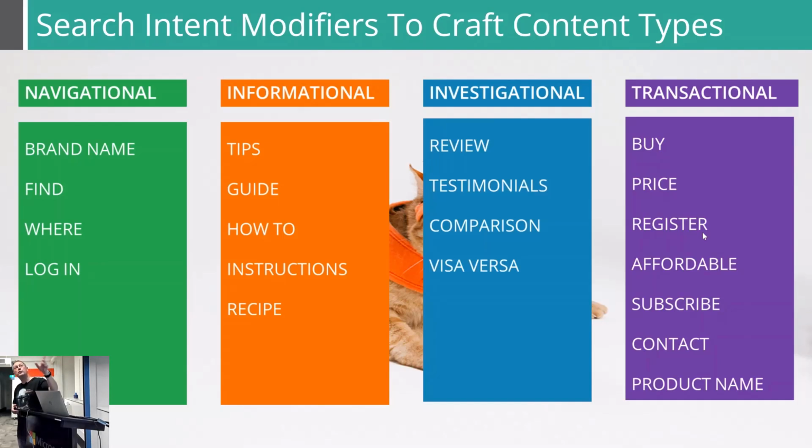For transactional content, that's when people have found your solution and are now wondering whether they should buy it. So you want to write information that supports how they can buy it, what they're going to get, all the different price points, all the benefits, how affordable it is, and how they can subscribe or contact you, plus actual product information. Anything that's going to push them over the hurdle from your product or somebody else's product to buying yours. So that's the sales funnel part. You want to make sure you're doing copywriting for each part of the sales funnel.